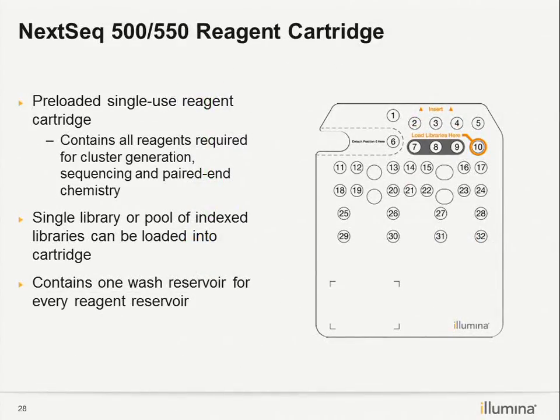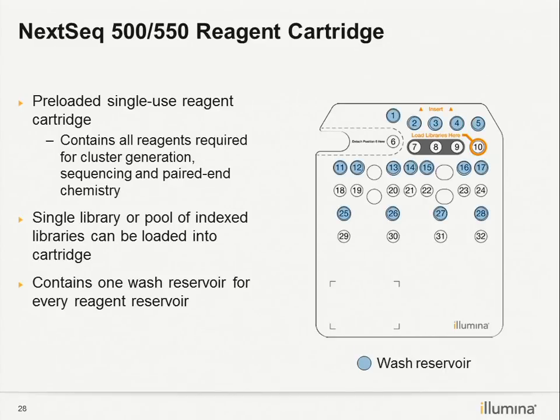Okay. And this is the reagent cartridge. As I just mentioned, it's preloaded with single-use reagents, so it's single-use only. It's a consumable, not reusable, and contains all reagents required for cluster generation, sequencing, and paired-end chemistry. And a single library or pool of indexed library can be loaded in the cartridge in this well, so number